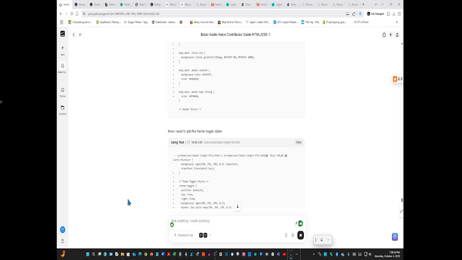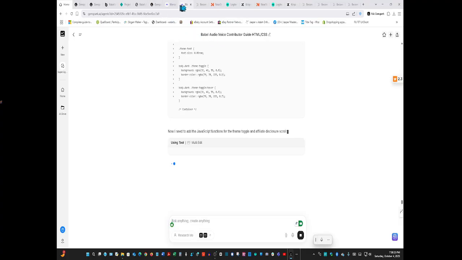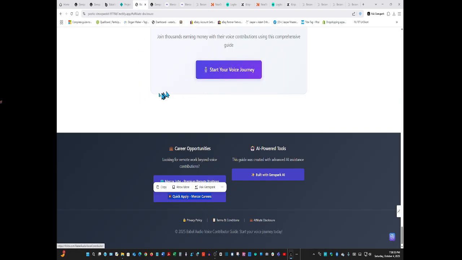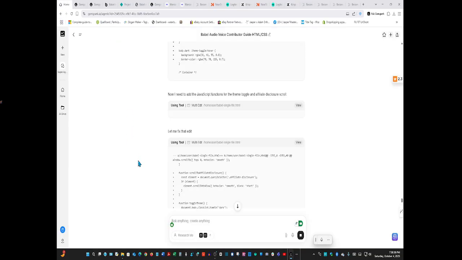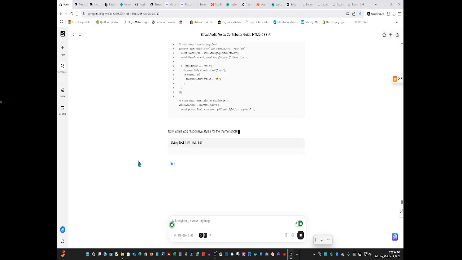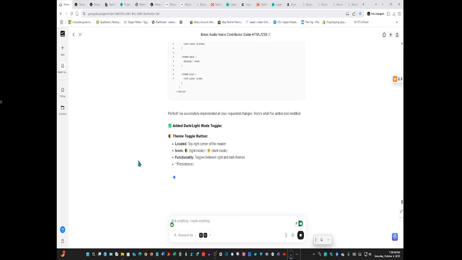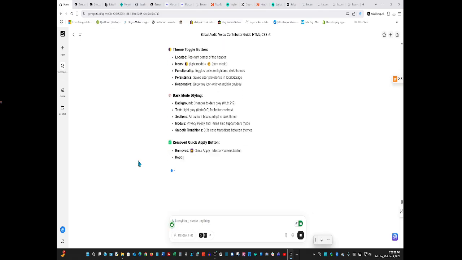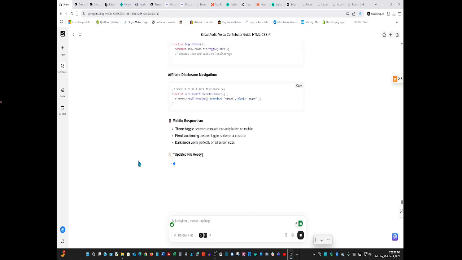What would have been cool, I should have had it make the buttons hover. When you hover over them, they change colors. When thinking about that, oh, they do. That's good. Okay, good, good, good. What would have been cool is when you hover over it, it makes a cash register sound. Yes, yes. It even has icons for the dark light toggle.